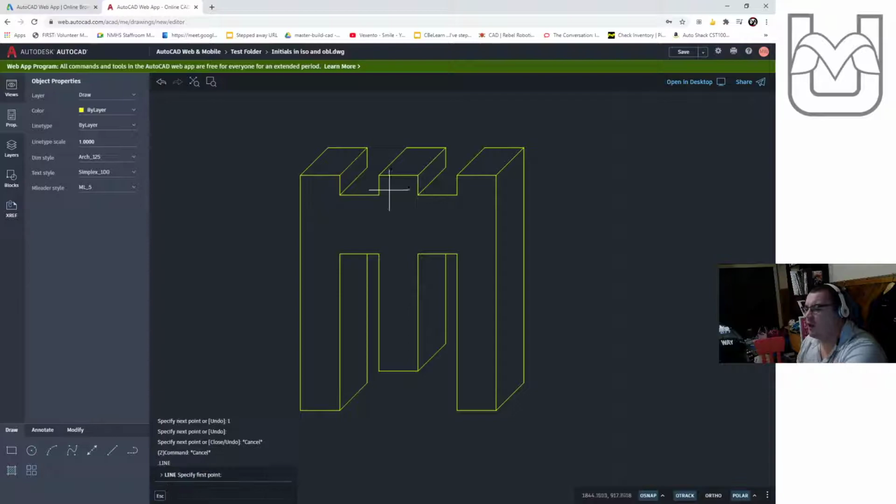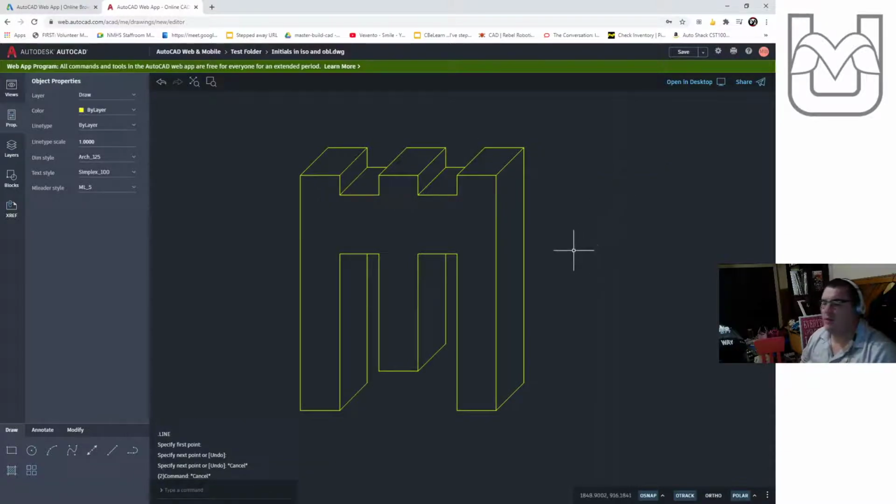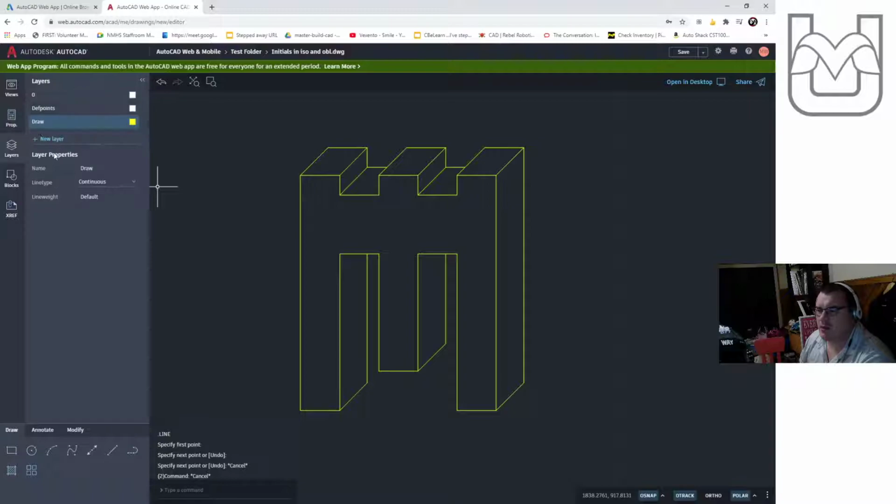I think I have 2 more lines to add to this, and that's just a horizontal line across here and a horizontal line across here. Now, what we're looking at is clearly an oblique view. What I'm going to do is define a couple of these things by going to my Layers tab, creating a dimensioning layer,